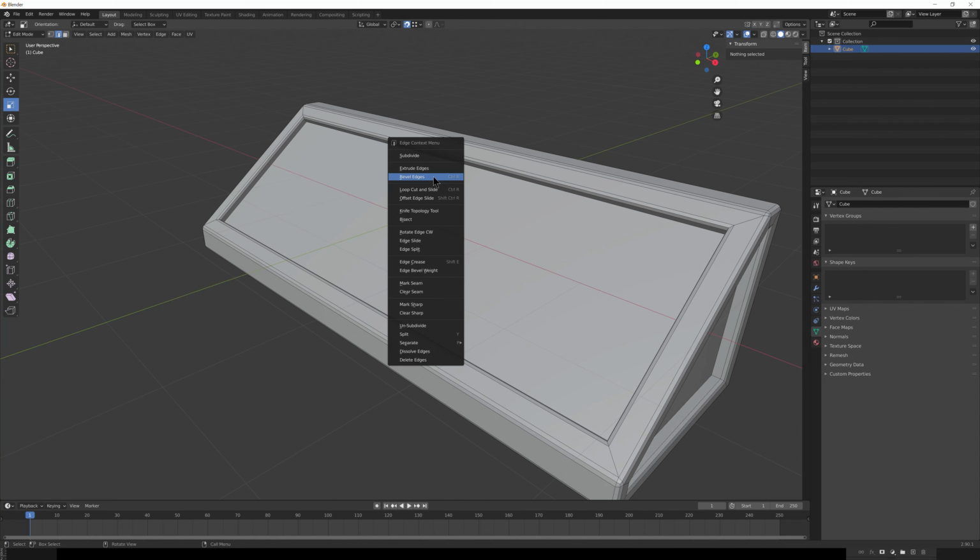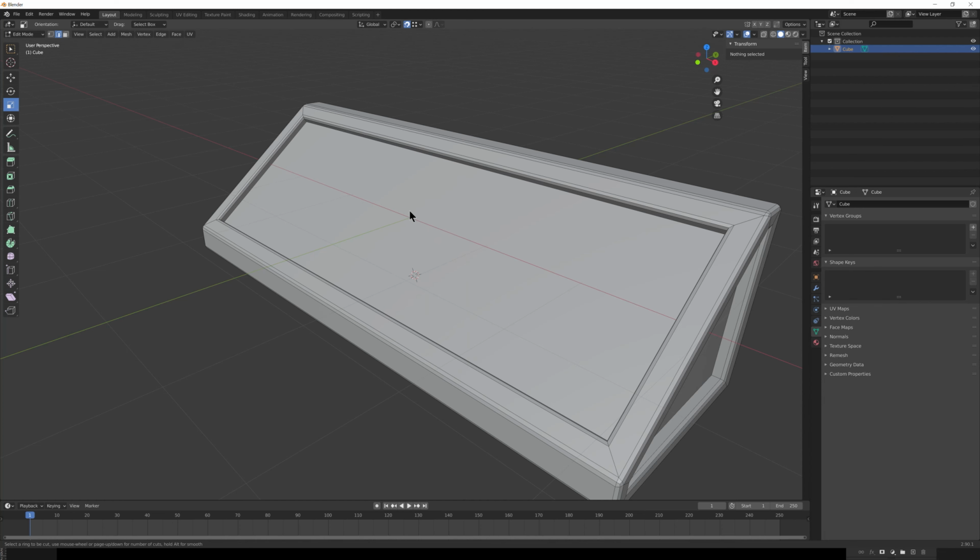So if we right click on this object, we can go ahead and do a loop cut and slide. It's also the hotkey Control R. First, when you do it, you select pretty much the direction the loop is going to go around. In this case, I want it to go down the center of my object. After that, you can then slide it left or right if you want to. If you hold down the Shift key, it will slow down how it moves in case you need something more